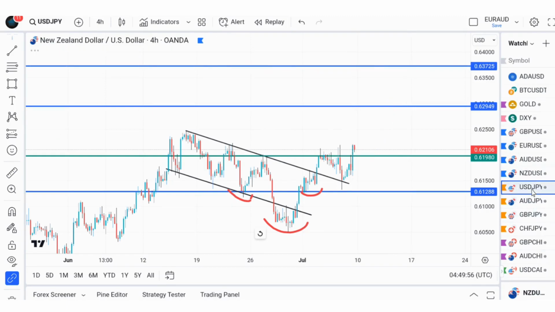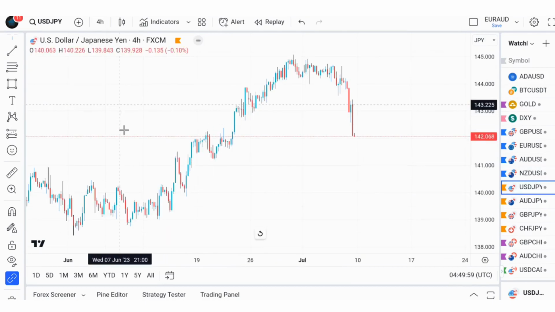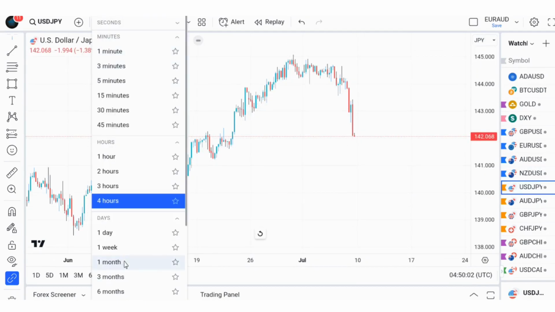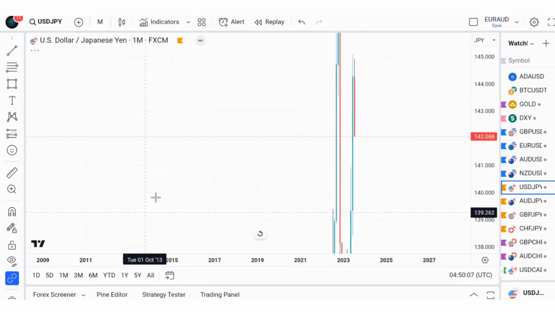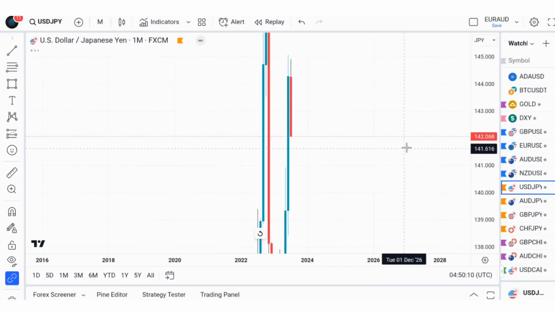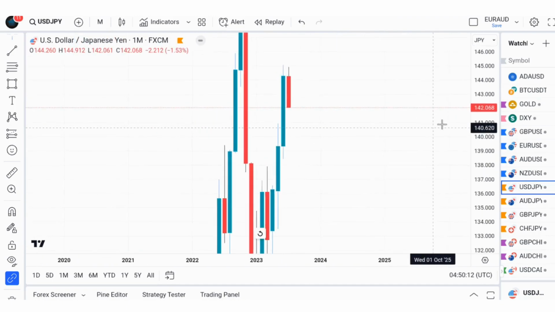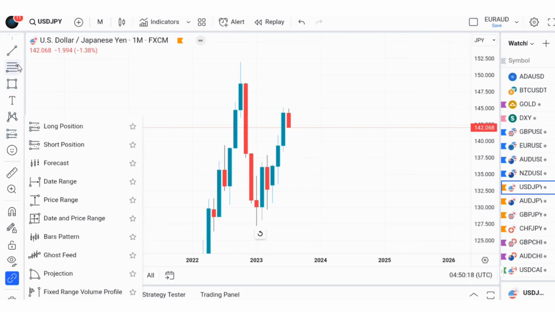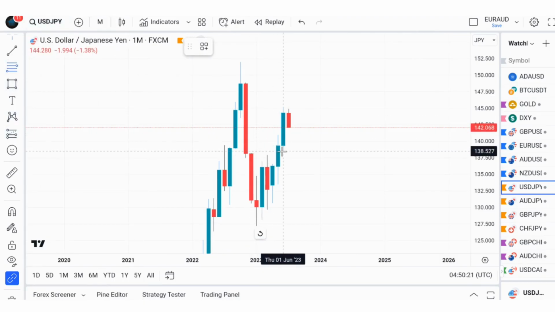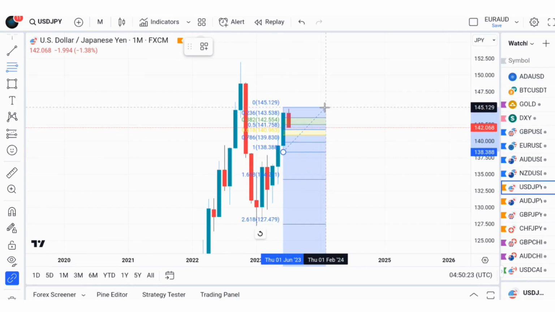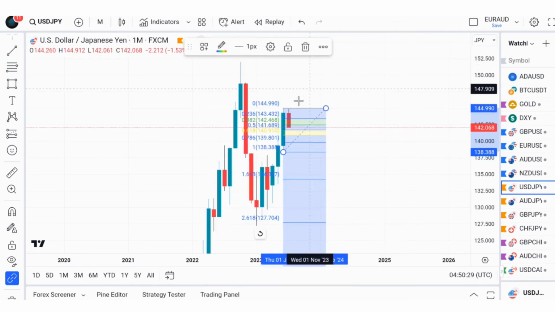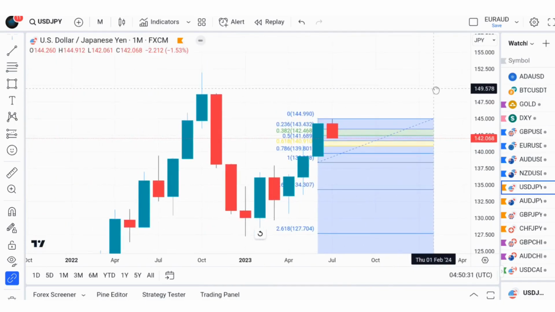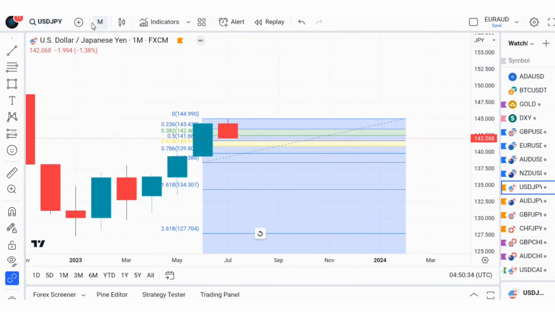Let's go to the US dollar JPY. As you can see, this is a very deep retracement. As I said last couple of weeks, watch out for the JPY retracement. And if you check the last month's candle, you might actually see that the US dollar is at, let's say, the 50% Fibonacci retracement level of the June candle close. So let's zoom further and see how it goes right there.